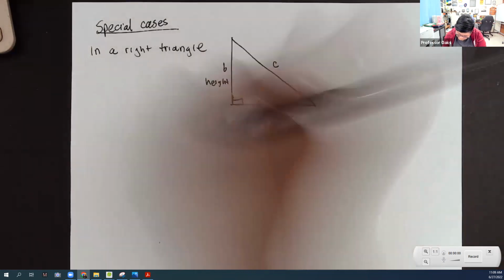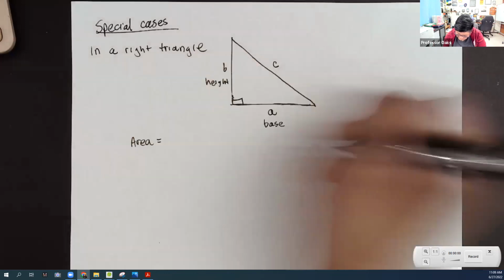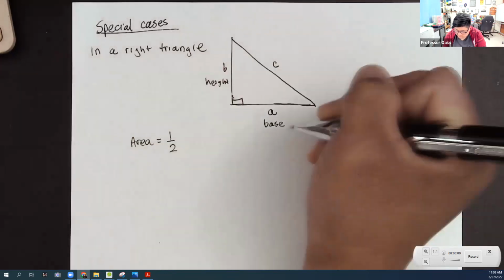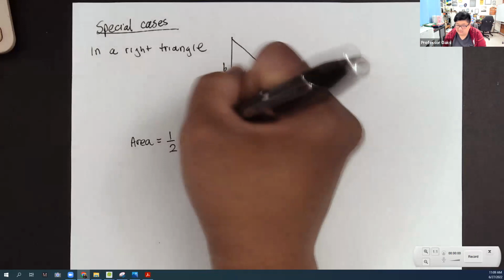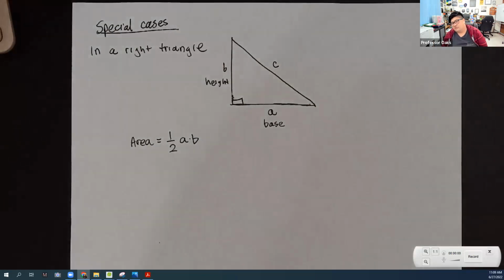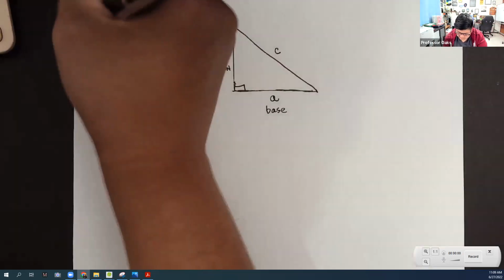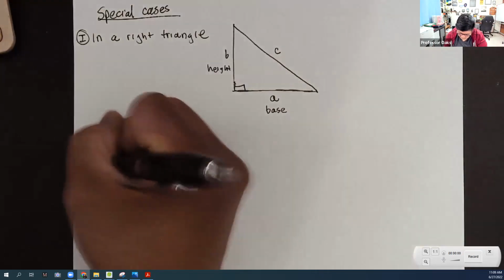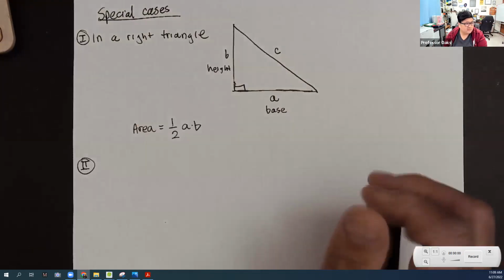So then the area is actually just 1/2 times A times B. That's generally the area formula for a triangle that people are told, because most triangles are right triangles. And then special case number 2 is when you have